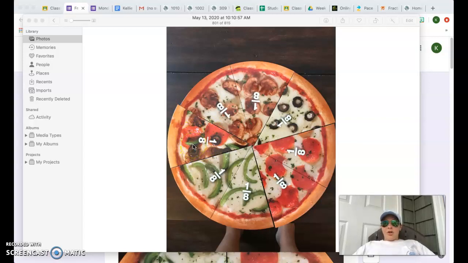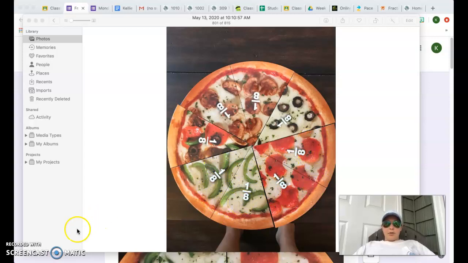If I were to ask you what fraction of the pizza had mushrooms only on it, that would also be 2/8 because 2 out of the 8 pieces have mushrooms on it. Now, what if I asked you what fraction of the pizza has green peppers and pepperonis? Well, 1, 2, 3, 4 out of 8 pieces of this pizza have pepperonis and green peppers. So your answer there would be 4/8 because 1, 2, 3, 4 out of the 8 total pieces have pepperonis